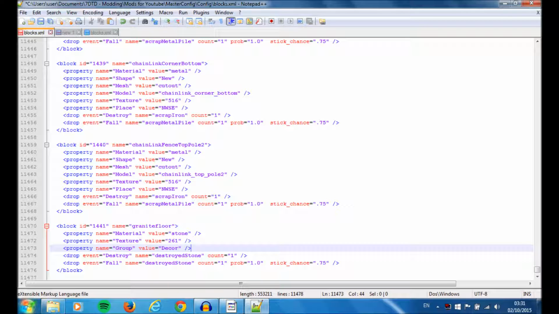And what this does is it sets, when you open the inventory in game and you go to search for the blocks or items that you want to choose, you'll notice that there's a list and you can go through it at the side. There are different options. These values, like decor and building, just tell you which one of these options in that list your block will fall under. You know, you don't have to put it in there at all. In the case of the granite floor, I normally wouldn't because